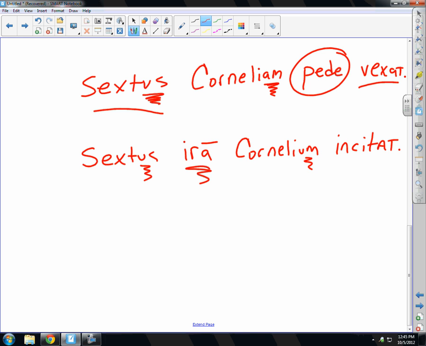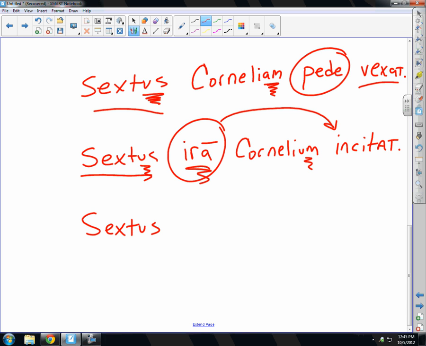But if you get this ablative like this, that's answering the question how the action is being accomplished. Sextus is accomplishing the action how? With anger. How is he waking up Cornelius? With anger. He's angry. Now, if I'm answering the question when,